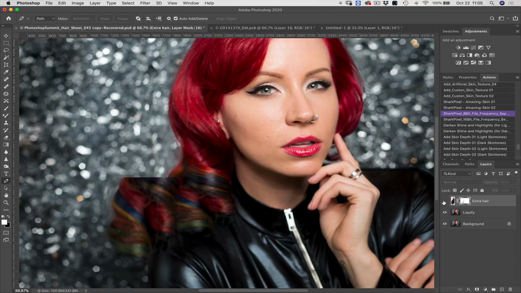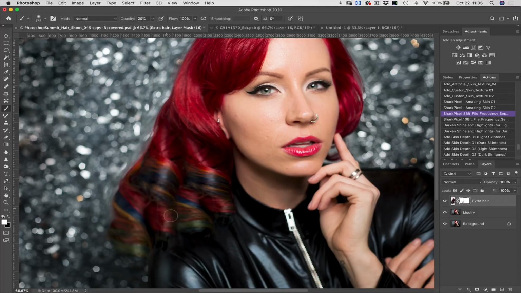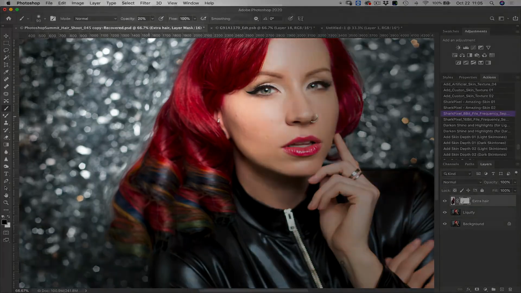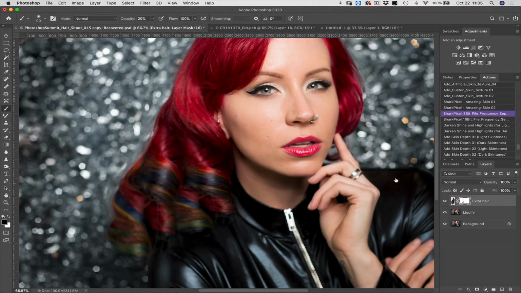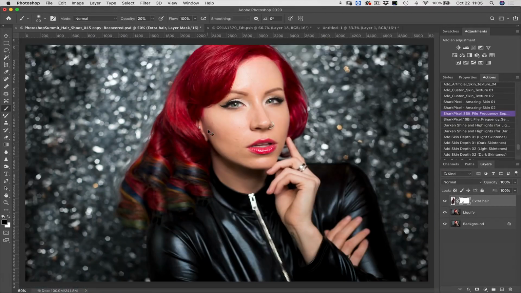Okay, so that looks pretty good. So that is your first copy, paste, warp. Copy, paste, warp, okay? So that is going to be the first little bit of hair that we can add. And if you feel inclined, you could come over here along this edge and clean up this mask a little bit, all right? So you could do that, but for time purposes,